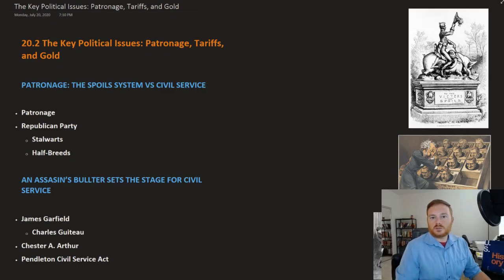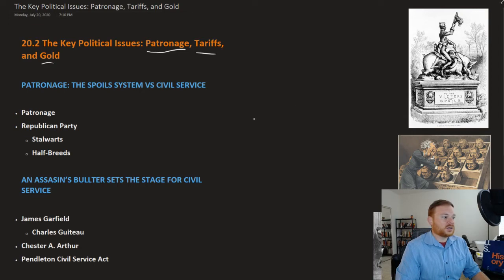All right, this is OpenStax U.S. History, Chapter 20, Section 2, the key political issues: patronage, tariffs, and gold. So during the Gilded Age, like the title says, patronage, tariffs, and gold were kind of the major political discussions